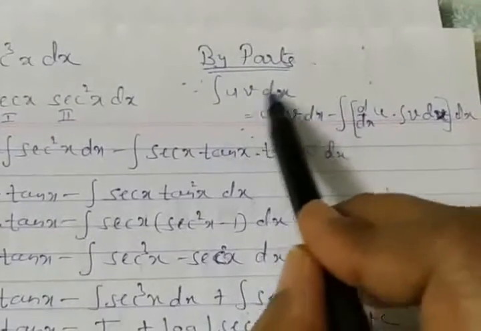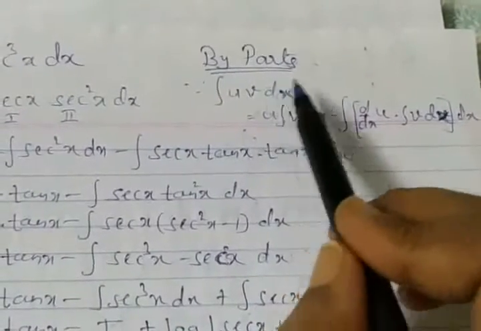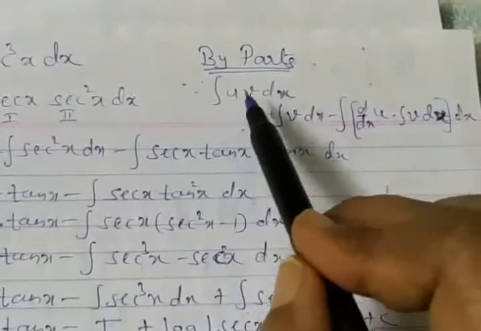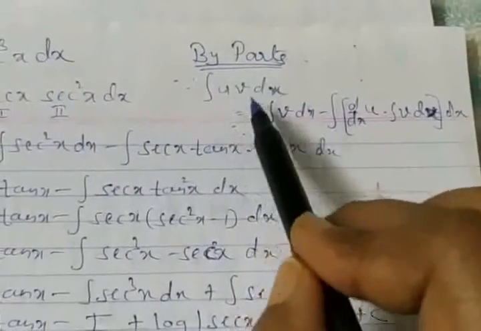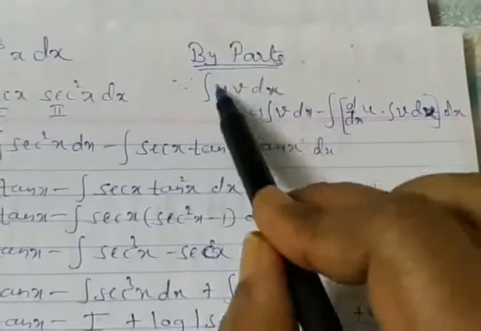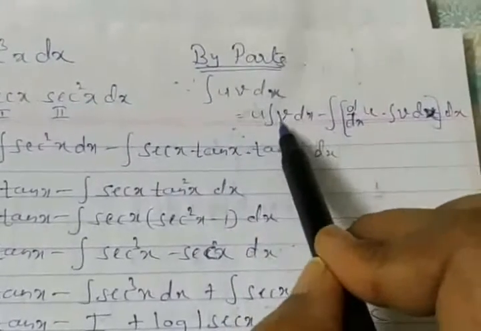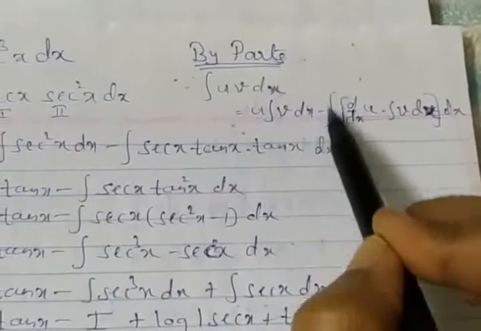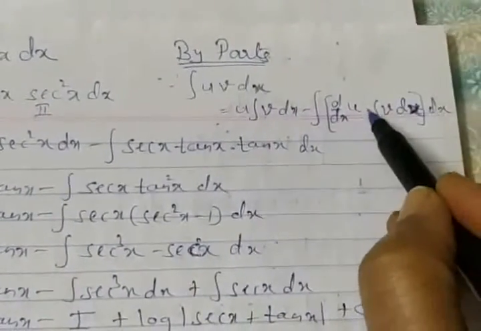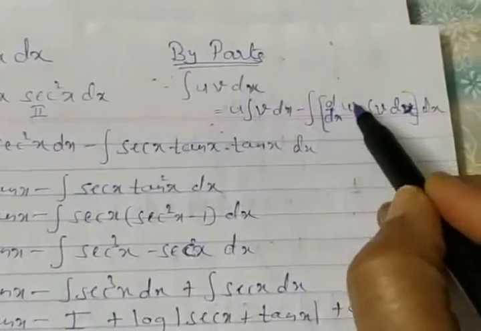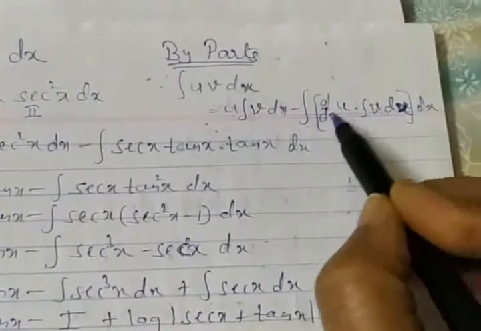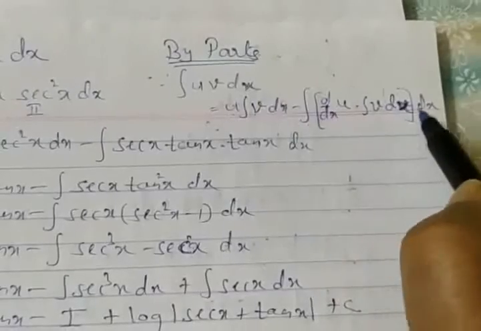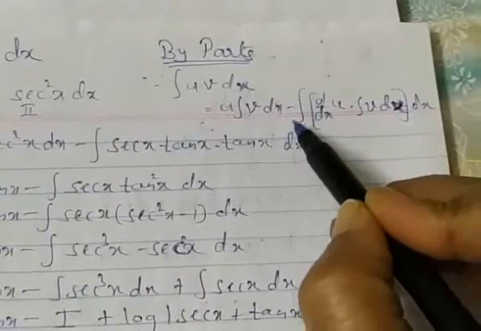So by parts rule, as we have the product rule for differentiation, d by dx of UV, we have a rule. Similarly, we have here the integration of UV rule. What it says: first function kept as it is, integration of second function, minus integration of the product of the differentiation of the first function into the integration of the second function; multiply these two and integrate that multiplied term again with respect to x.